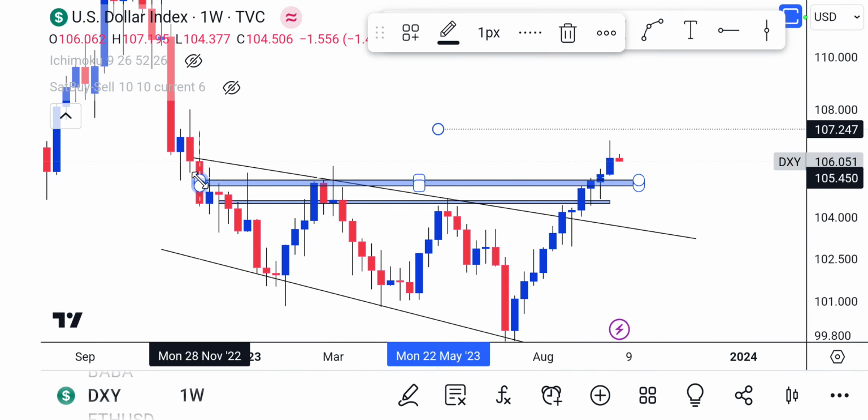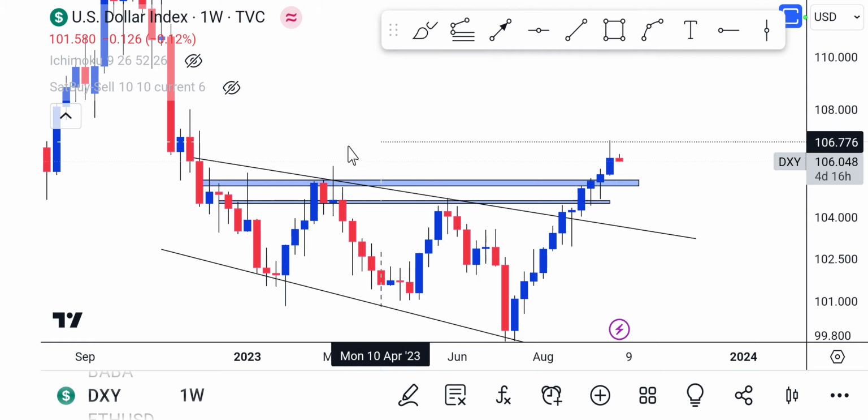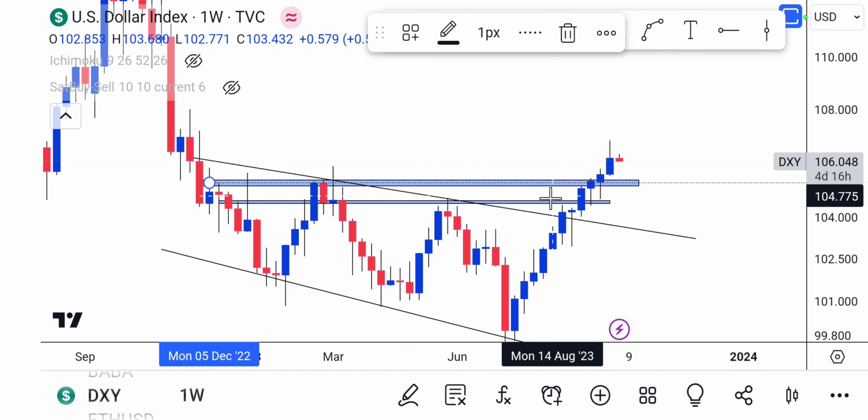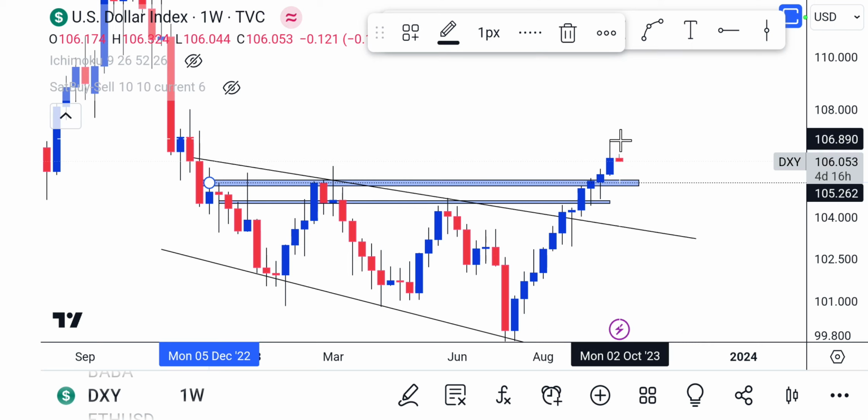We're looking at a gradual move to the downside, and that would look like a retest and a continuation. There's nothing really much here, just that we've actually touched the first target which I posted on my Signal